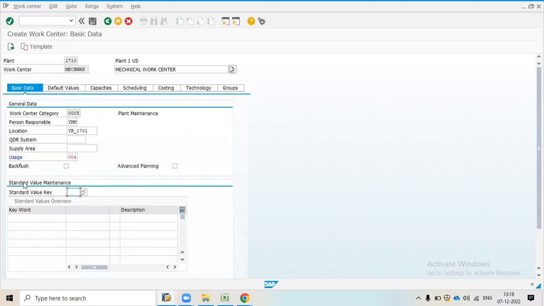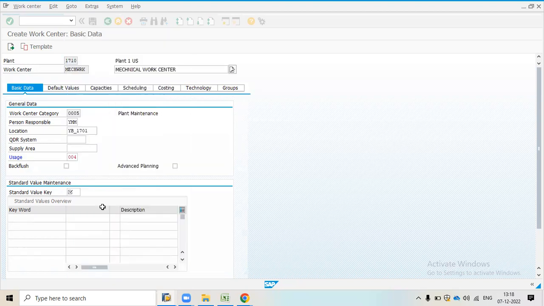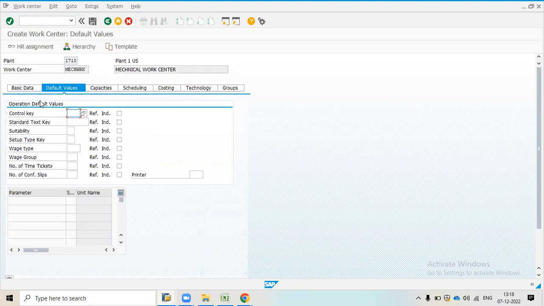After that, I will come to standard value maintenance, and standard value key I will select from here as SAP0, no standard value, and press enter. After that, I will go for the default value. When I explained about the control key, I had explained there are 3 different types: PM01, PM02, PM03.